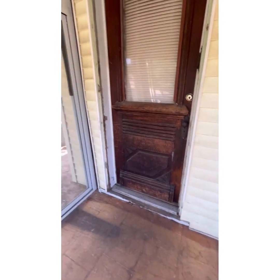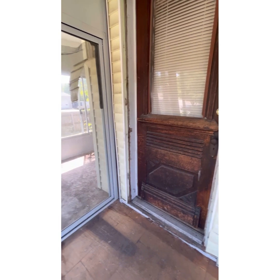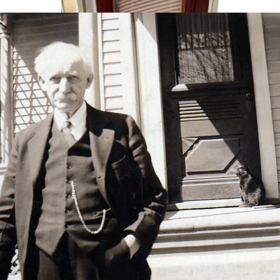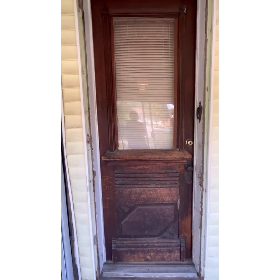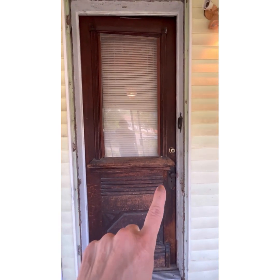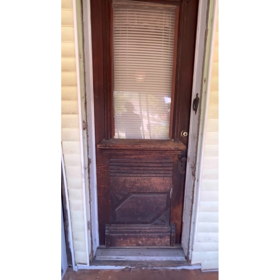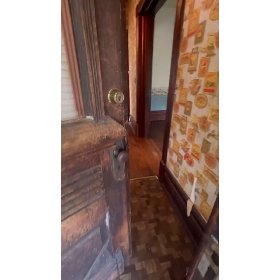This is the original front door. It shows in the pictures that I have of the house. So it's really thick. We got a new lock set for it, and it didn't fit because the door was 2 1/4 inches. It's really thick. So, go in,